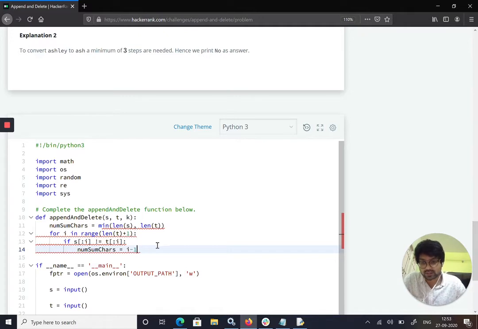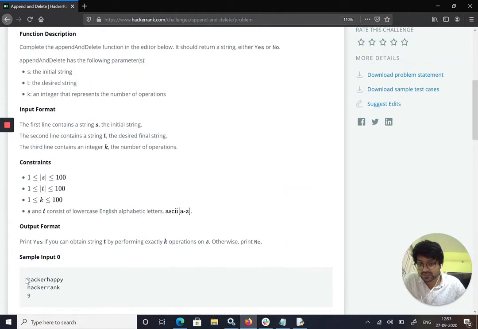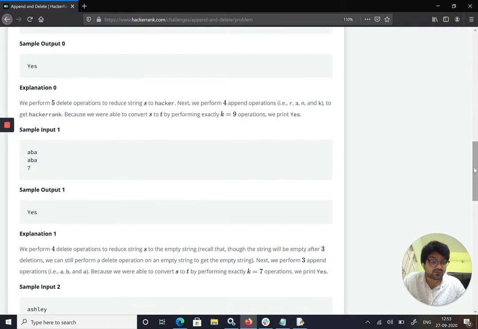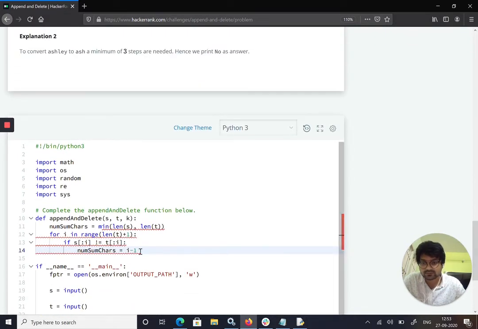Whenever the characters differ, for example it will look at h, same, a, same, c, same. As soon as it sees a difference, it will add that particular i value to the common characters variable.